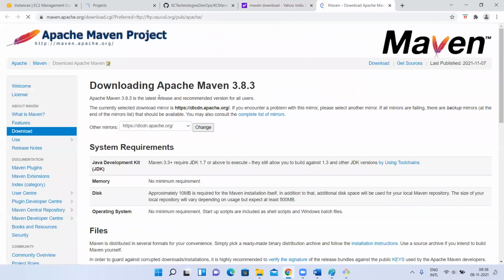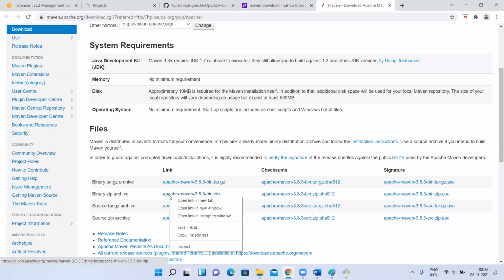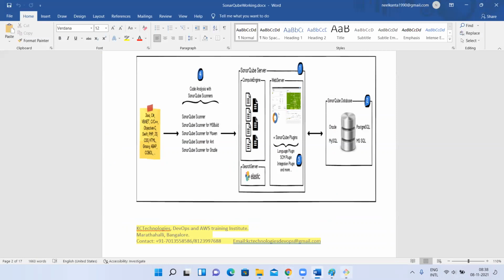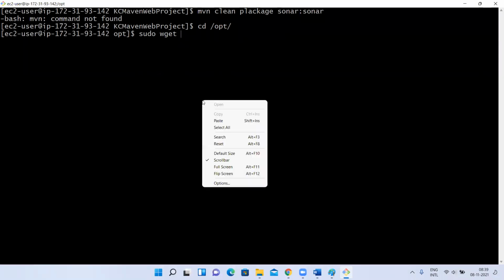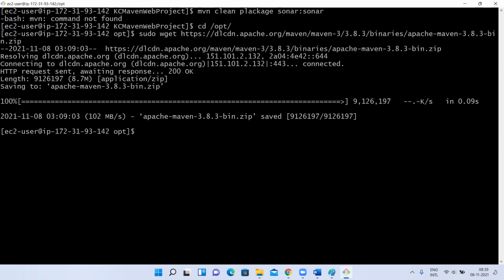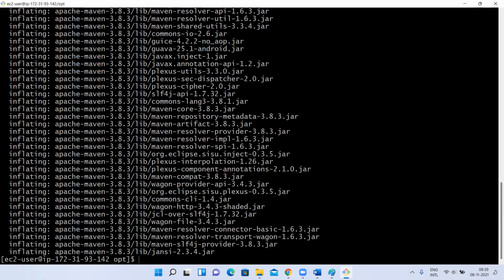Let's see this. I'm going to take this zip file. I'll go to opt. cd /opt, sudo wget. Okay, sudo unzip apache maven. ls.